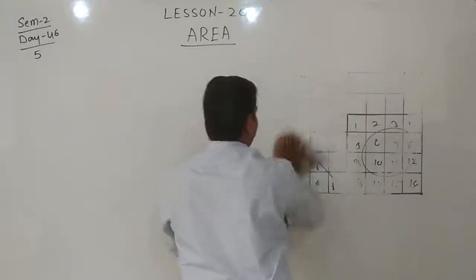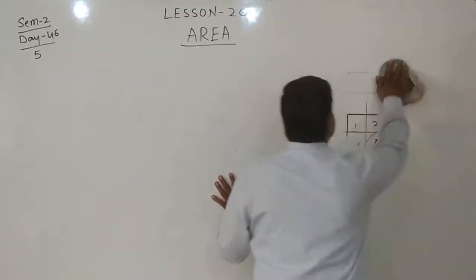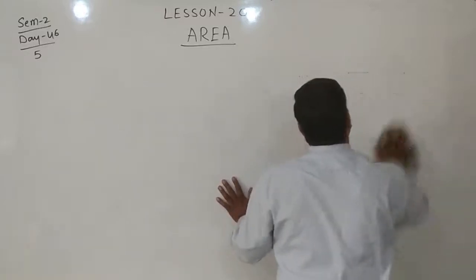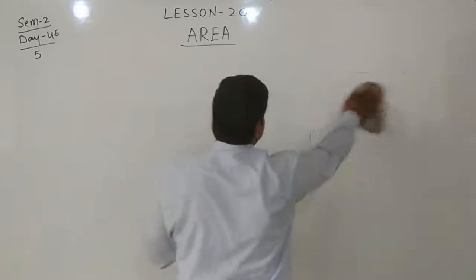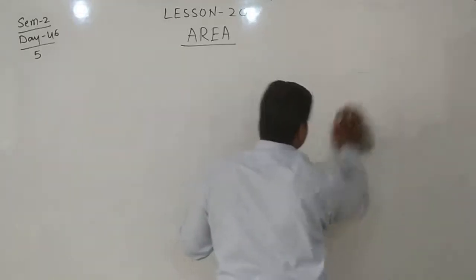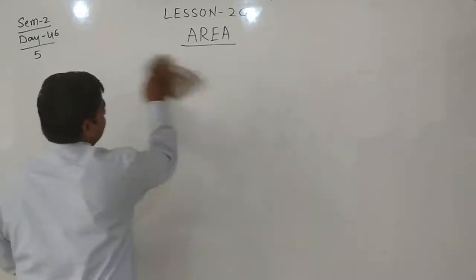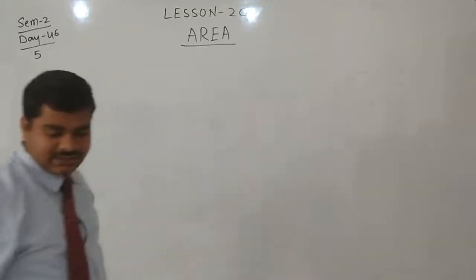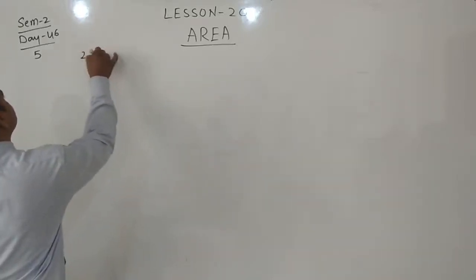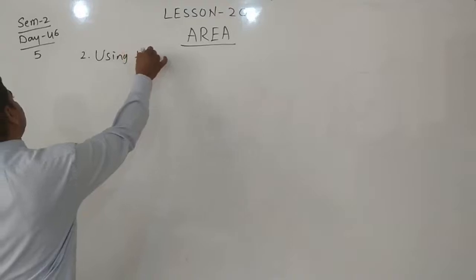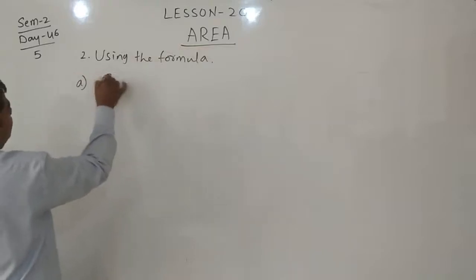That is simple, this area topic. We can solve very easily. We know the perimeter, yes or no? The perimeter is only the sum of the lengths of the sides. Here, the surface area enclosed inside the sides of the figure we should find. Plane figure surface area. Using the formula we can find area. First one, square.